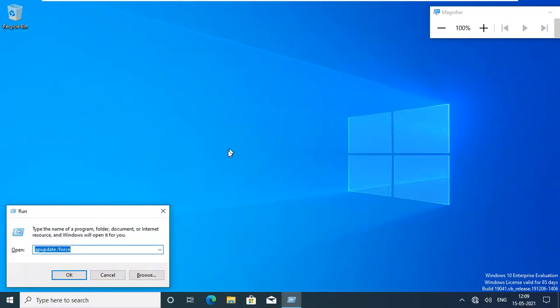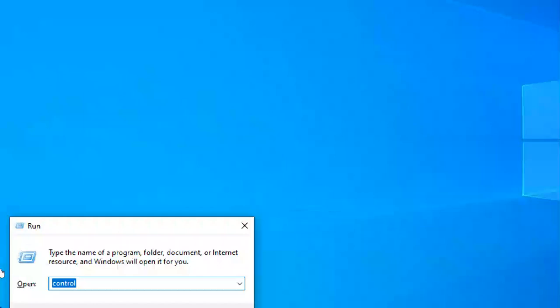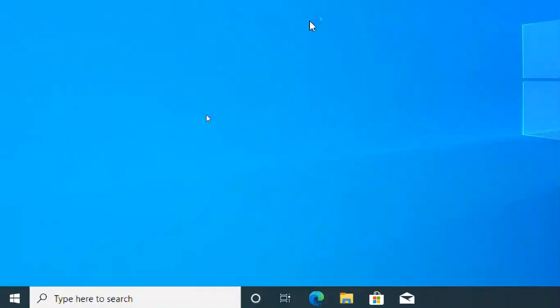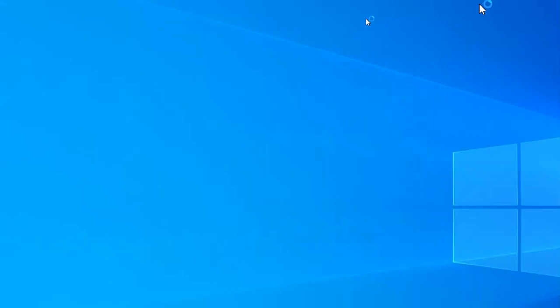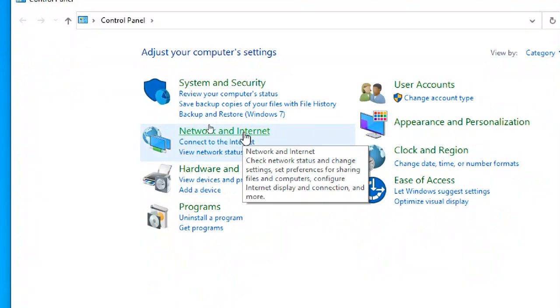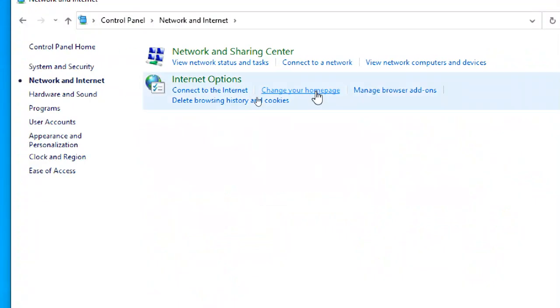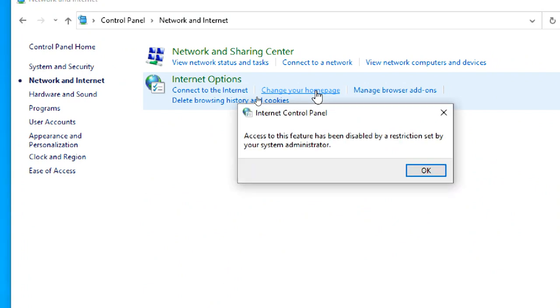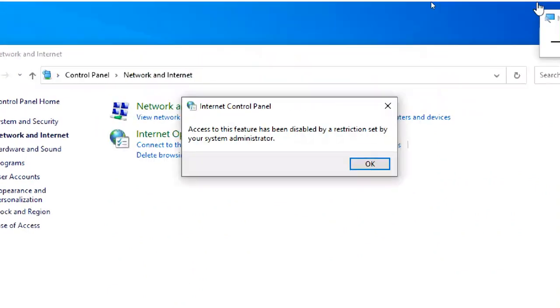Okay, now go to control panel. Successfully I logged in. Control panel. Now network and internet. Change your home page. Now I got an error.